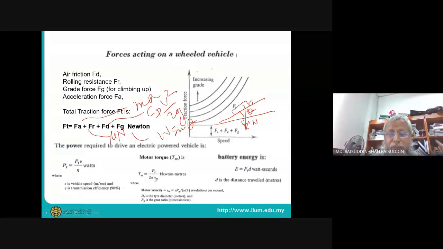the velocity of the wheel. Then we can calculate how much torque is required, and to run a particular distance, how much energy you need. So you can calculate how long this vehicle can be on the road. Because nowadays electric vehicles are coming, autonomous vehicles are coming, all are being run by batteries. So if you do not have enough battery power, you cannot be on the road for a long time.